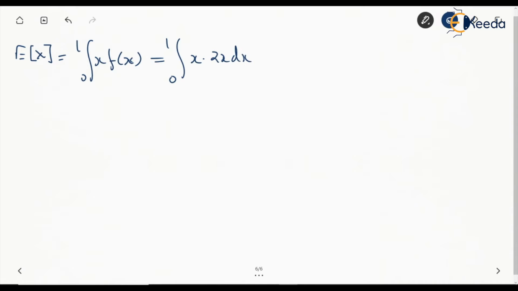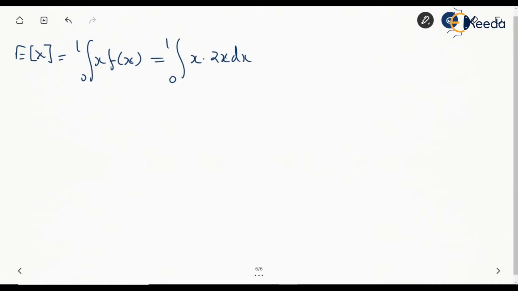Now that we know the density function, the marginal function, we can find the expected value of x, making sure we are in the same limits. So it is 0 to 1 x f of x. Of course, x has a limit from 0 to 1 when we are finding the marginal density. So this will be 0 to 1 x into the value, which was 2x dx. We have found this marginal density to be 2x, right?